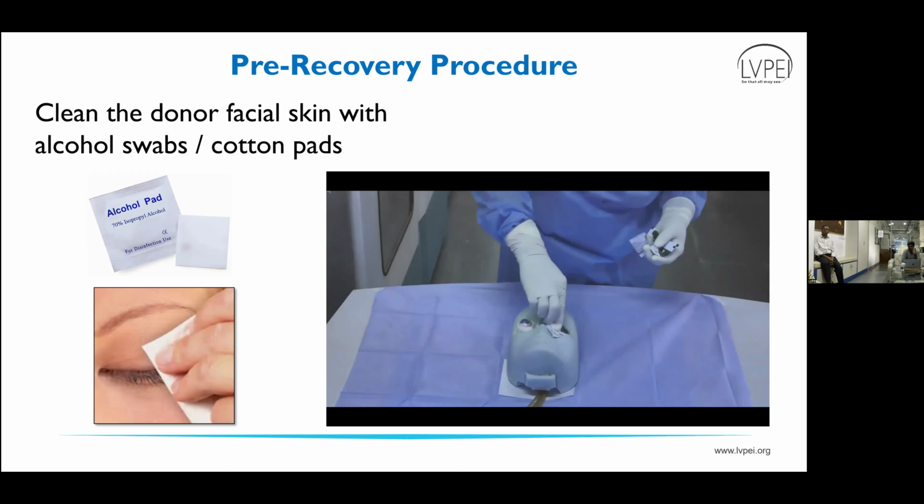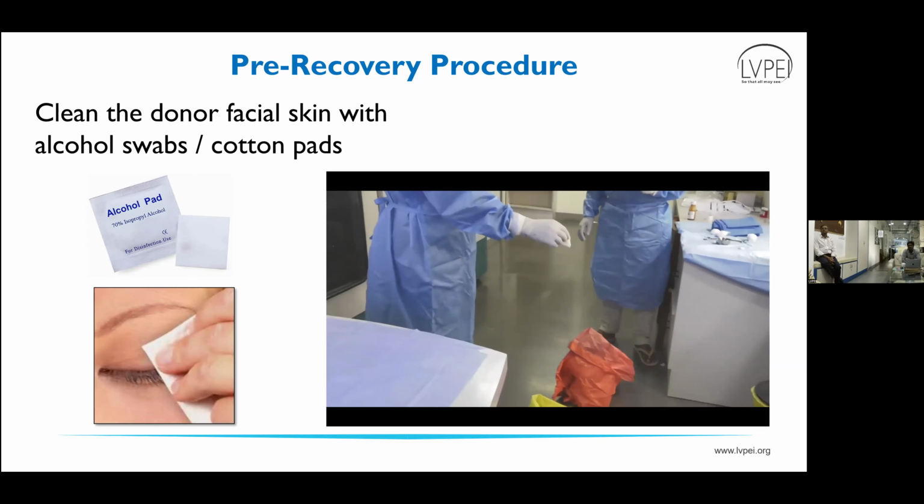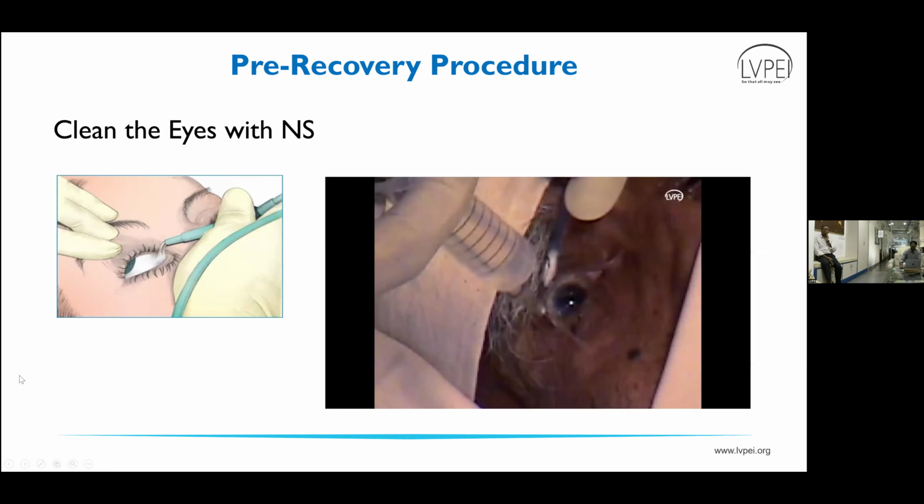Start from the eye and then go to the peripheral area, then clean up to the forehead, below to the cheek, and on the nose bridge also. Both sides of the face we need to clean thoroughly. If you want, you can use more wipes. Once you clean the facial skin with the surgical spirit using alcohol pads,